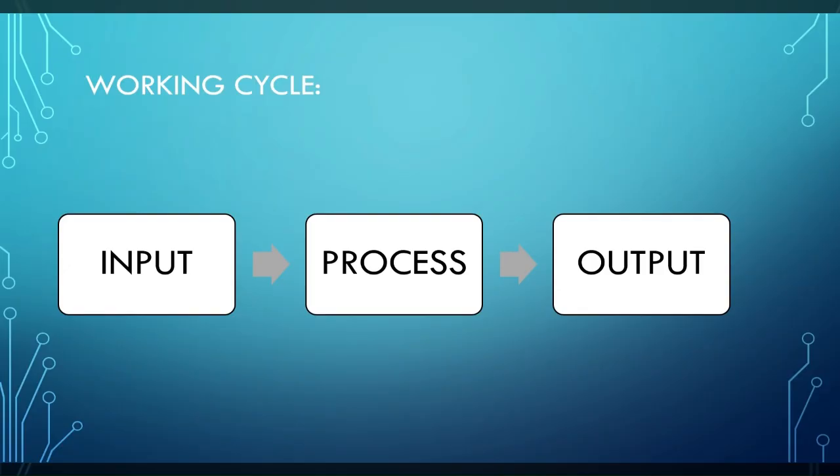Now next move, the working cycle of a computer. Any computer that we are using has to follow a certain pattern, right? So we have an input. A user needs to give an input to the computer system, and the computer system processes that input to give us the desired result, which comes under the output. Or in simple terms, any work that needs to be done by the computer, first we have to give the input to the computer, then it understands that input and does operations on that, and then we get the desired output for it. So this is called the working cycle of the computer, or we can say it as input output cycle.